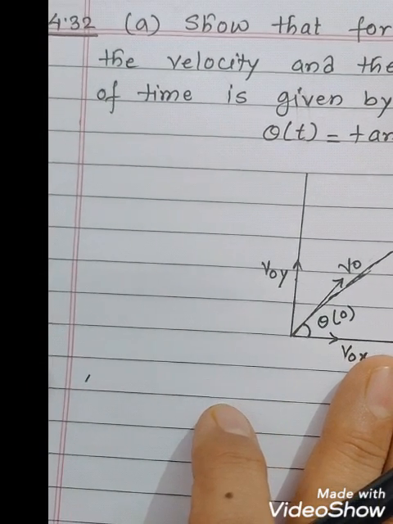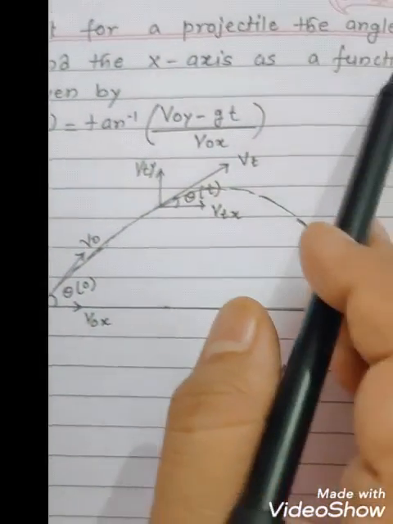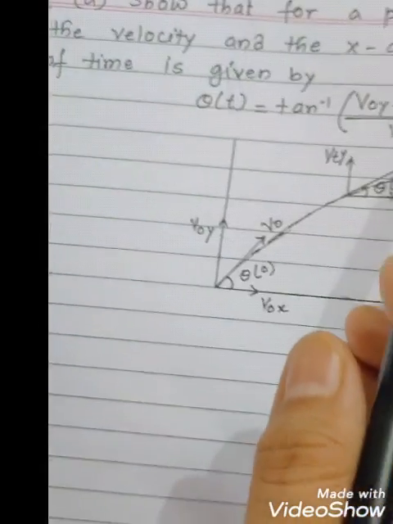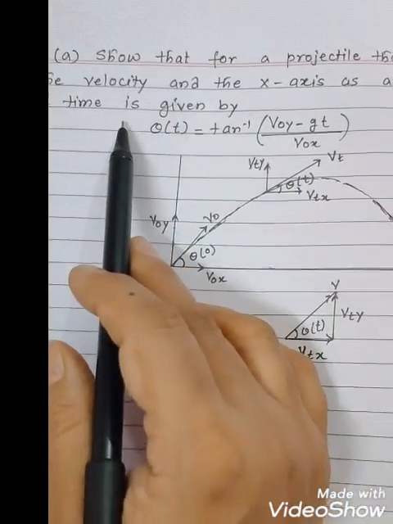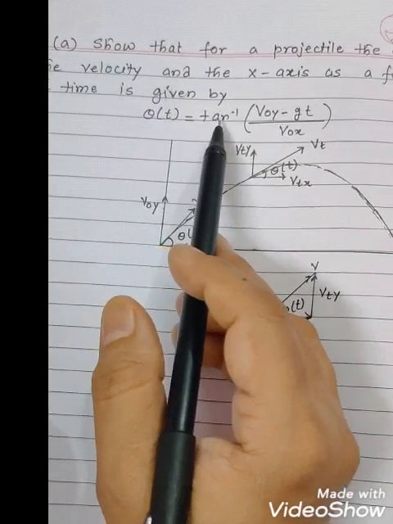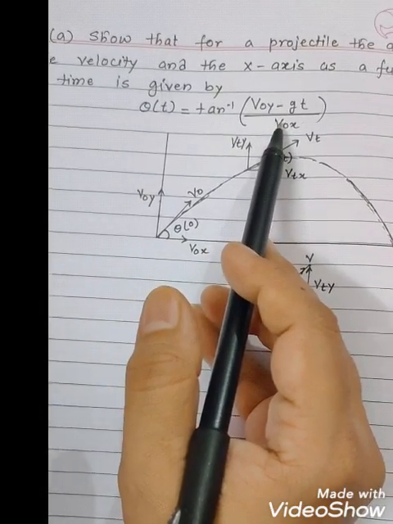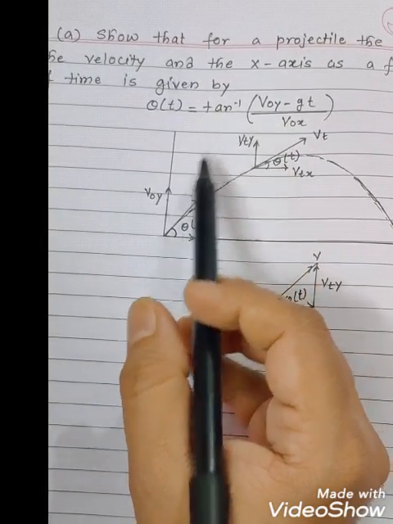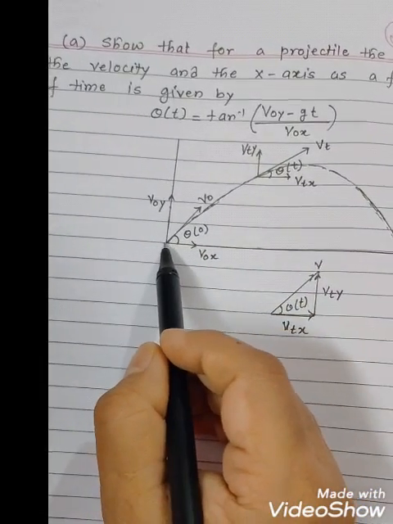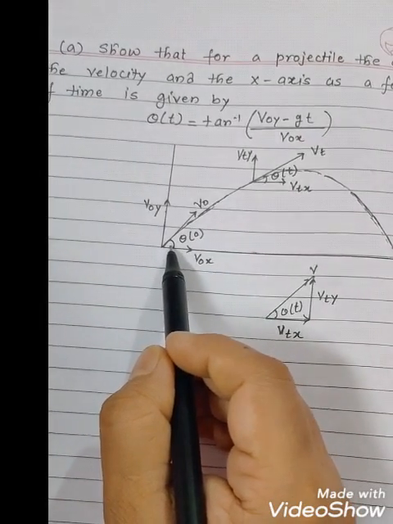Exercise question 4.32 given here: show that for a projectile the angle between the velocity and x-axis as a function of time is given by theta t equal to tan inverse of (v0y minus gt) upon v0x. This we have to prove. For this, in this projectile motion, the object is started from here by making an angle theta with